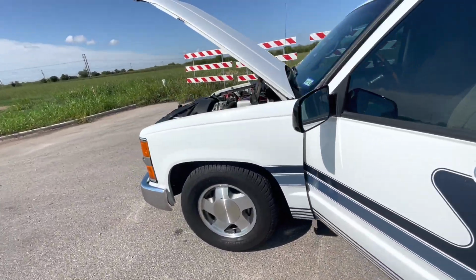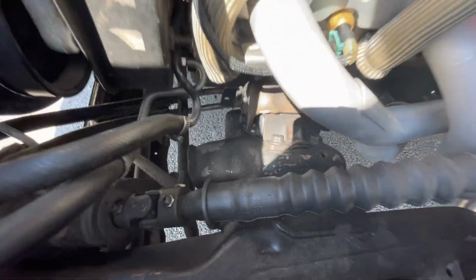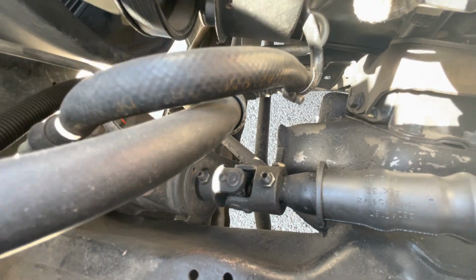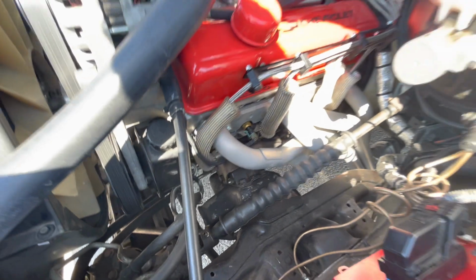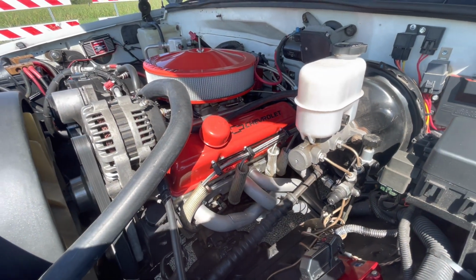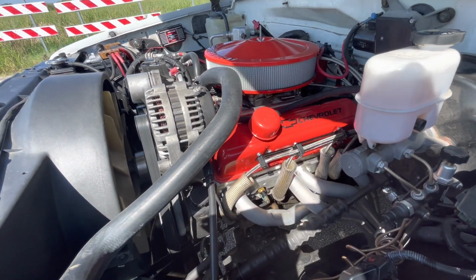As far as the steering goes, it is a new steering box with a recent alignment. The rag joint, I should say, has been replaced by a solid U-joint. And new tie rods, pitman arm, steering link, new ball joints, all 4 of them. So the steering is really